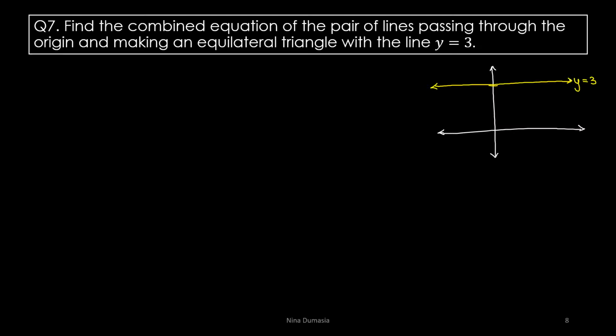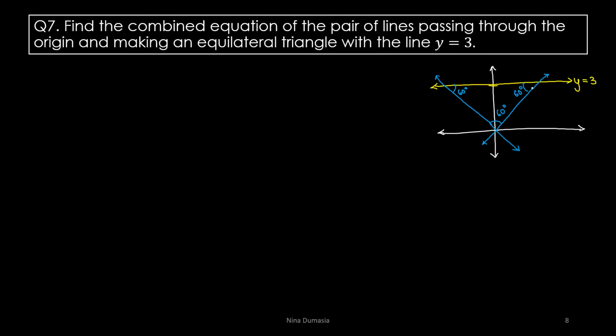We need to find the combined equation of a pair of lines जो इसके साथ एक equilateral triangle बनाएंगे, मतलब 60 degrees बनाएंगे. For that ऐसा कुछ होना चाहिए जो ऐसे जाएगा तो यहाँ पे it will make an angle of 60 degrees and यहाँ पे also maybe I can draw it in this way. And here also it will make an angle of 60 degrees. Basically this is 60 and this is also 60 degrees and फिर ये भी 60 degrees होगा ही. Okay, and we have to find the combined equation of these blue lines that I have just drawn.